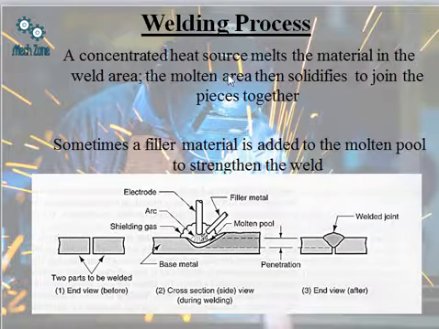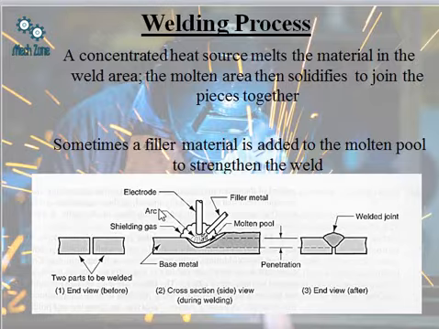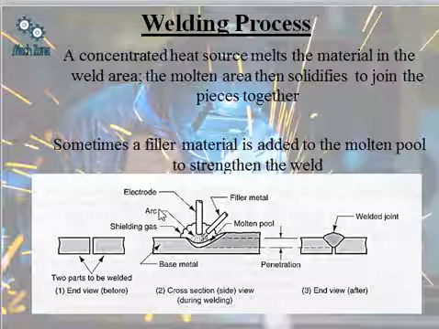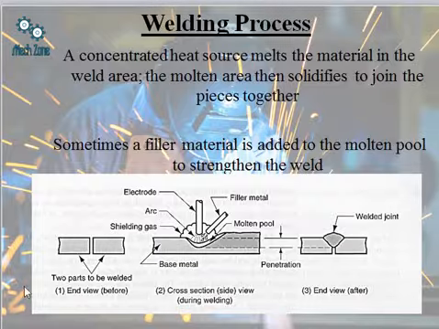So now we come to the welding process. This is again a simple definition. Now we see sometimes a filler material is added to the molten pool to strengthen the weld. I have already told you about the filler material. That filler material may have the same composition as that of the base material. And for joining two insoluble materials, generally we are using a filler material. So flux is actually converted into the slag, which prevents the gas defects, and we also provide the inert gas environment. So welding therefore becomes a process of localized coalescence.